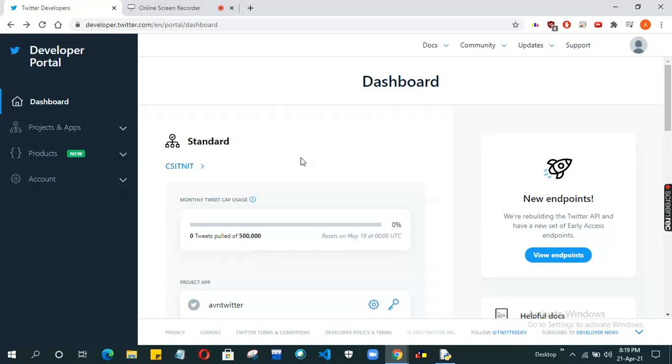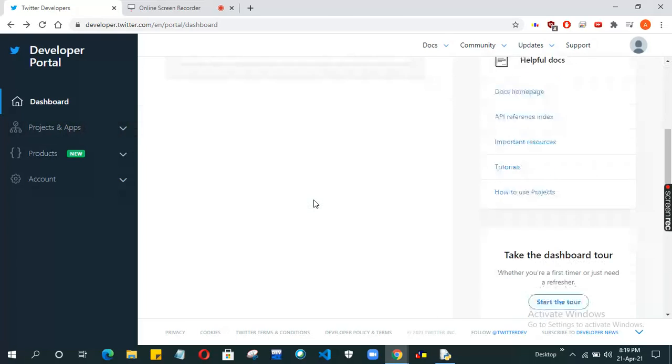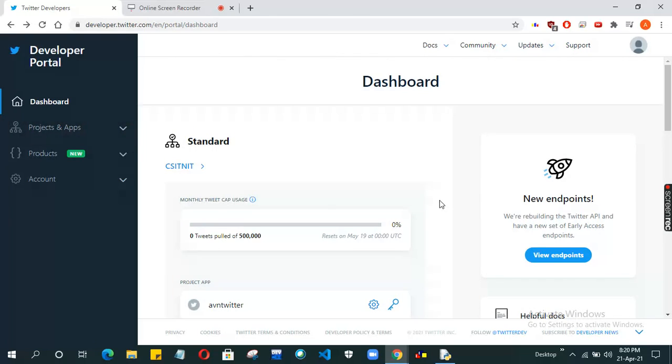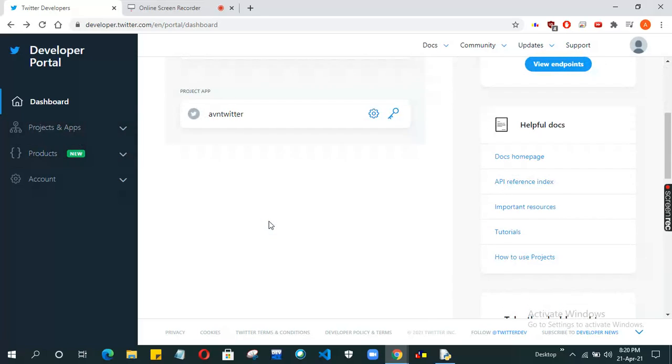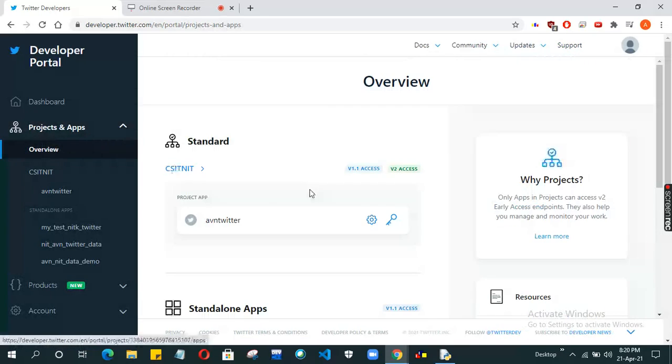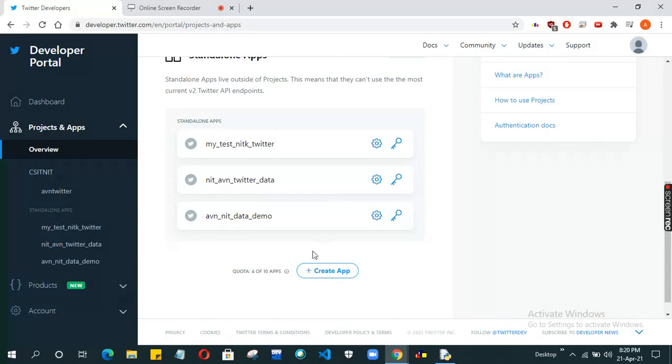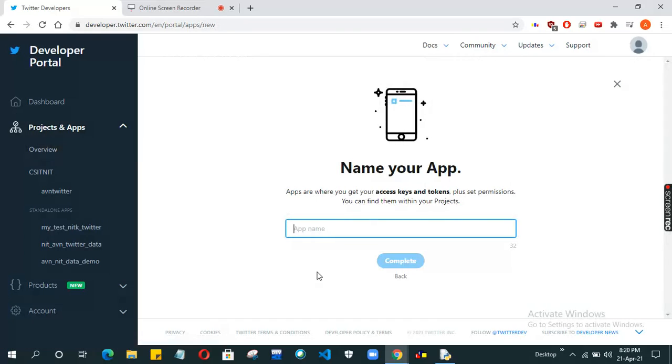To get those keys, we will make an app. I already made many apps, but for you, I will create another app. Twitter allows only 10 apps. I already created 4 apps, and this would be my fifth app.